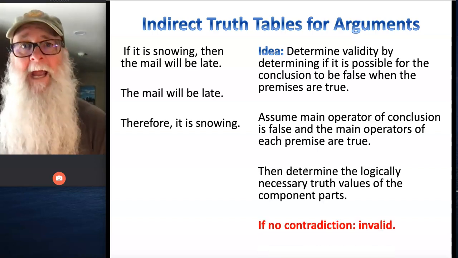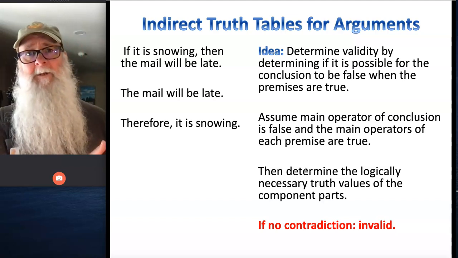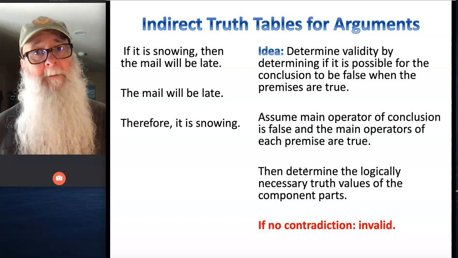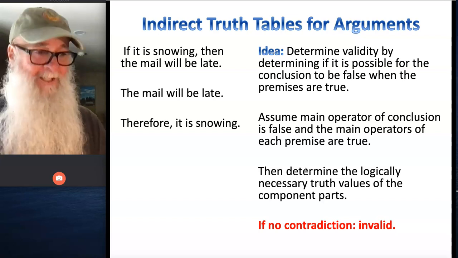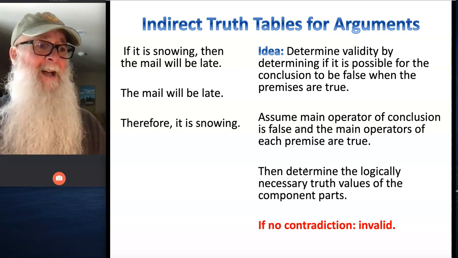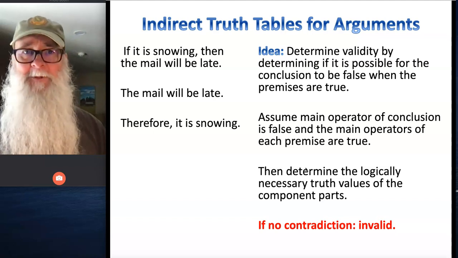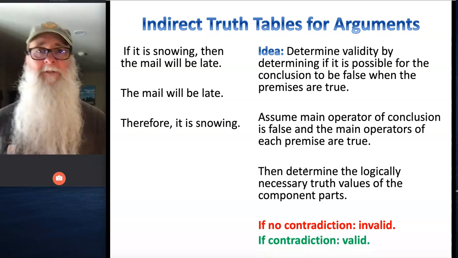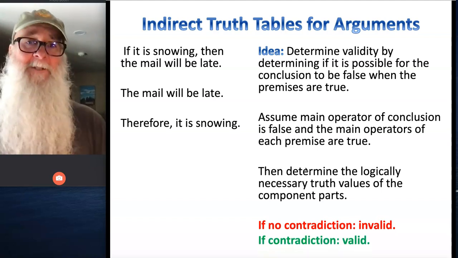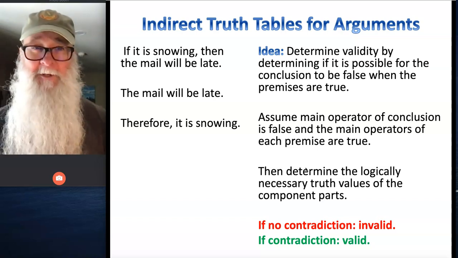We will have shown how. We will have shown what combinations of true-false values allow this argument to have a false conclusion even when the premises are true. But if we run into problems when we're deducing these truth values, because we run into a contradiction, we're asking a particular statement to be both true and false at the same time, or we're breaking the rule of triple bars, then that means we've shown it's impossible for this argument to have a false conclusion while the premises are true. Okay, so I know this is all in the abstract, so I'm going to show you